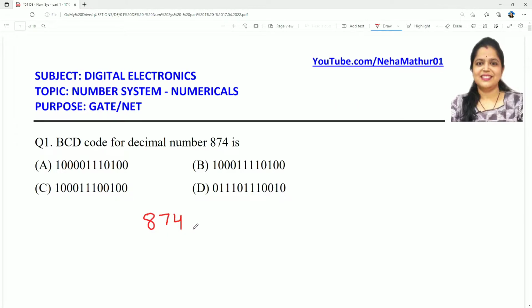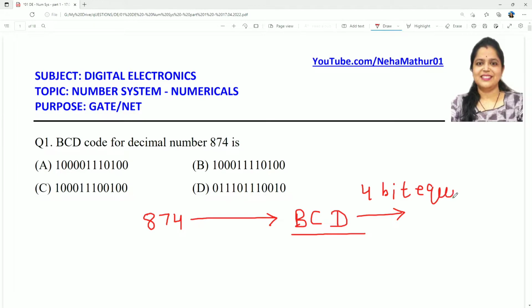The first important thing is, what is the meaning of BCD? BCD is basically binary coded decimal, which means you need to convert